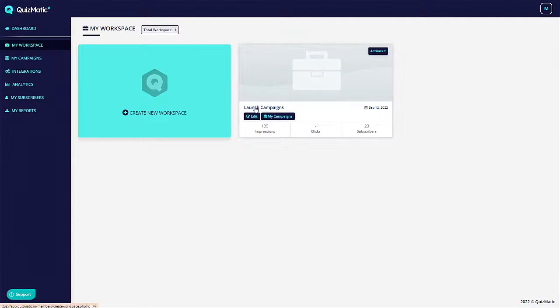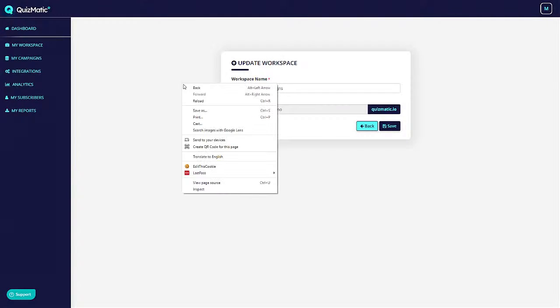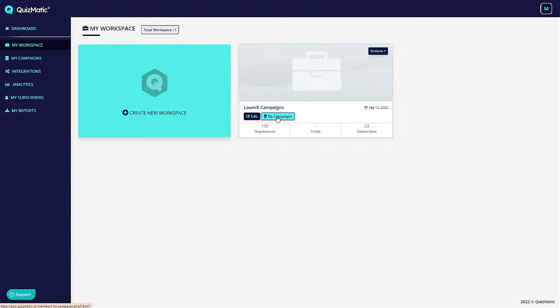So we're going to go into this one. I've called it Launch Campaigns just for the demonstration video here, and from here you can go and edit the details of the workspace, including the URL, or you can go into your campaigns, or you can complete these actions at the top, which is again, edit my campaigns, set up your CNAME to this workspace, which is cool because